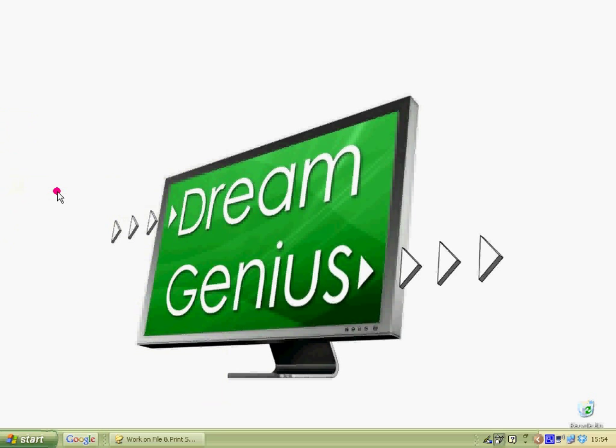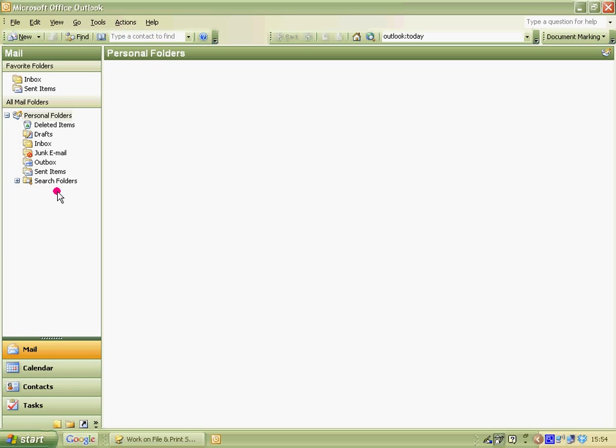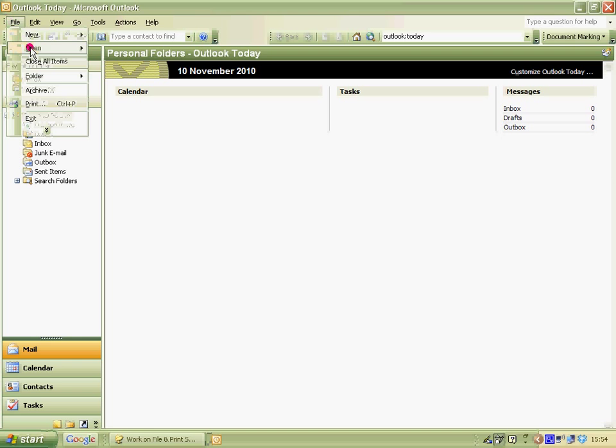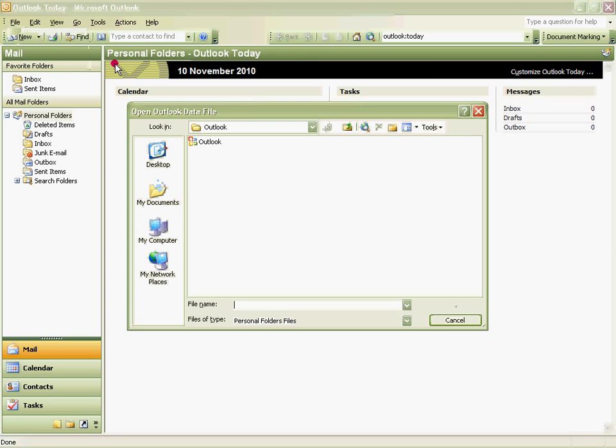To attach an archive again, simply click on File, Open, Outlook Data File, which will open a dialog box. This will by default be pointing at the same C, Documents and Settings, Your User, Local Settings, Application Data, Microsoft Outlook folder where your PST files are stored, and here you can see the Outlook folder that forms your personal folder store. If your required file isn't in here because you archived it off in the previous step, browse to it using the navigation facilities provided,